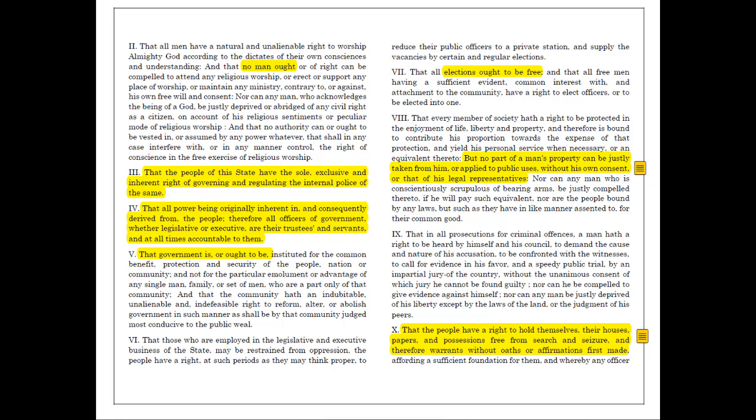Article 4 reads, that all power being originally inherent in and consequently derived from the people, therefore all officers of government, whether legislative or executive, are their trustees and servants, and at all times accountable to them. Again, that same principle that sovereignty derives from the